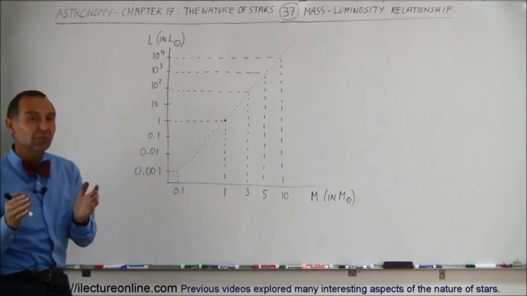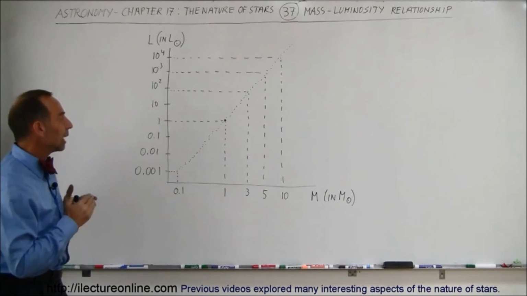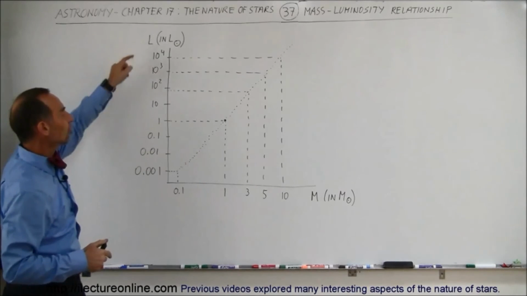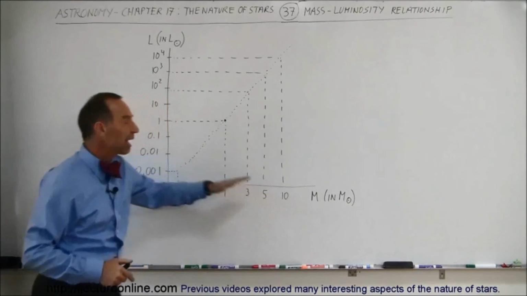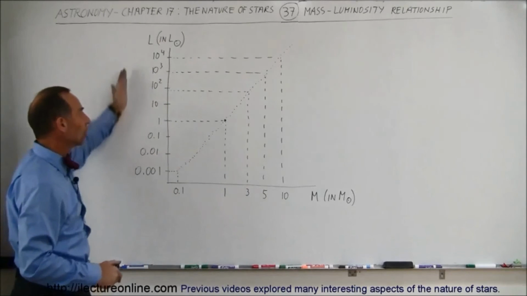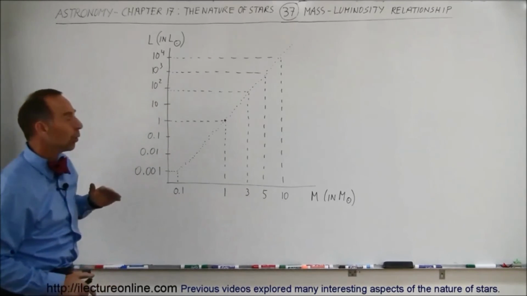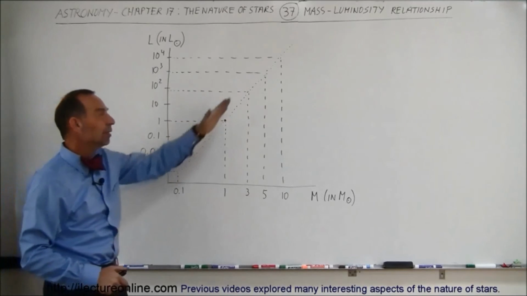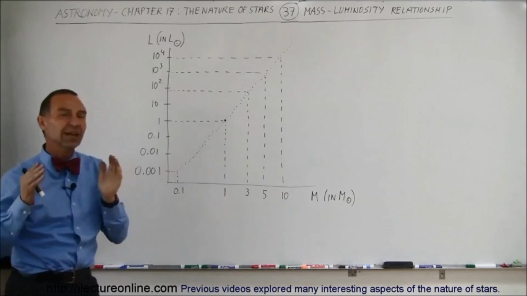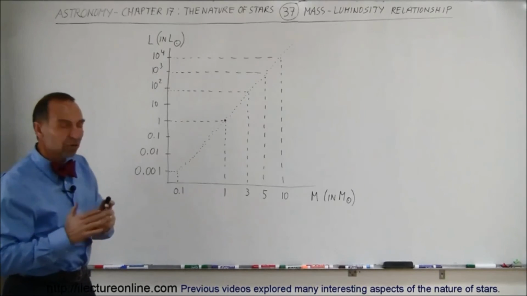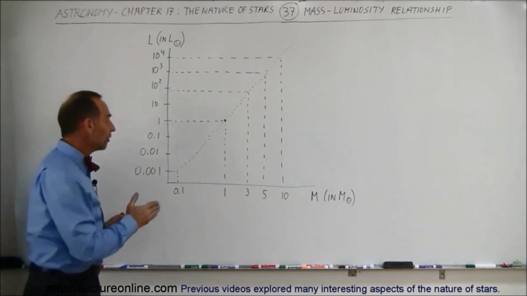So this is relationship to main sequence stars, and we find that if we draw the relationship between the luminosity of the stars and the mass of stars, and we have the vertical axis to be a logarithmic scale, so that each next increment is 10 times the previous one, it turns out that we get nearly a straight line. And now it's not exactly a straight line. There are some changes in the slope here and there a little bit, but the general relationship is there,